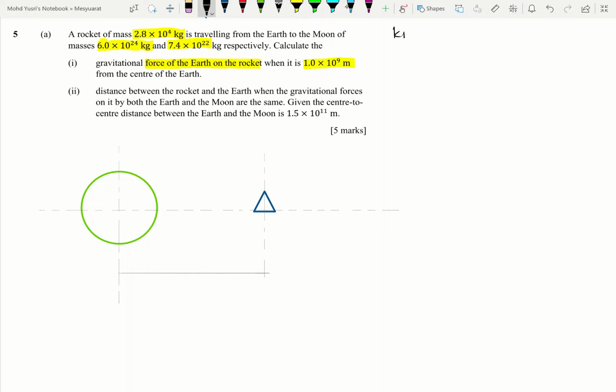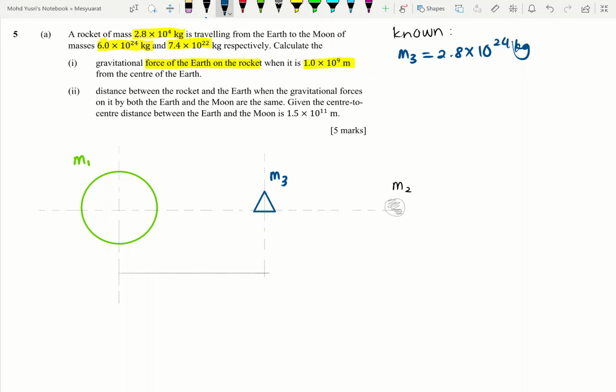Let's identify the known values. Now we need to identify this carefully. Okay. So let's say that Earth is M1. The Moon is M2. Saya tak lukiskan bulan kat sini. Okay, so that's the Moon. And the rocket is M3. Now, given that the mass of the rocket, M3, is 2.8 exponent 24 kilogram,